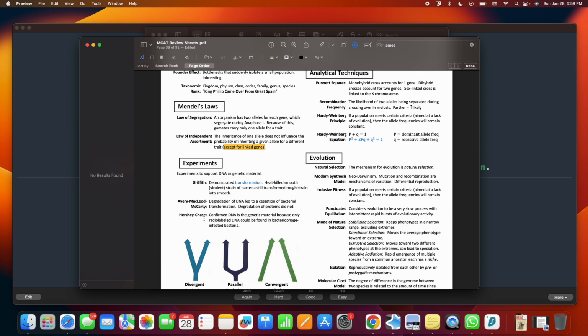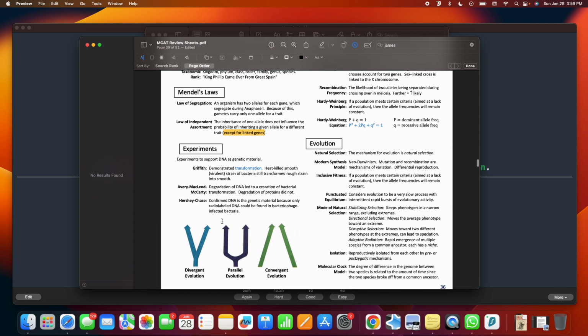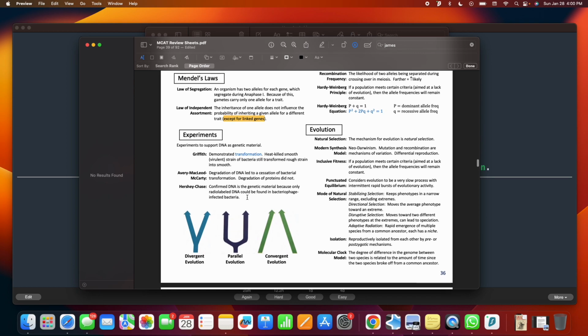So these are two scientists. So we go 1-3-2. One scientist is Griffith, then we have Avery, McLeod, McCarthy, and then Hershey-Chase, who confirmed that DNA is genetic material because only radio-labeled DNA could be found in bacteriophage-infected bacteria. Interesting. So they labeled the DNAs, and only